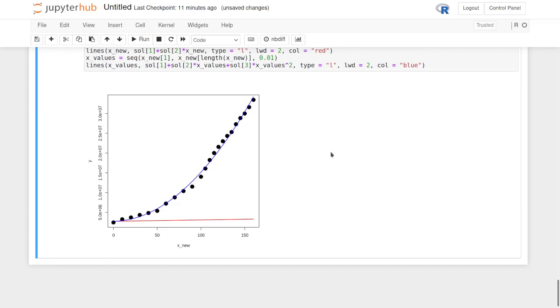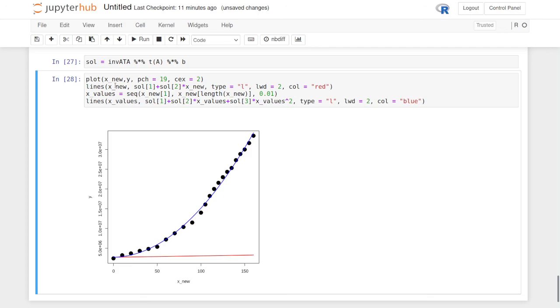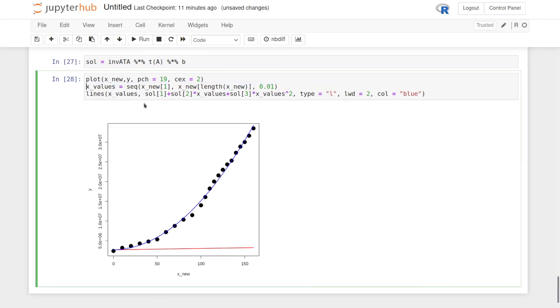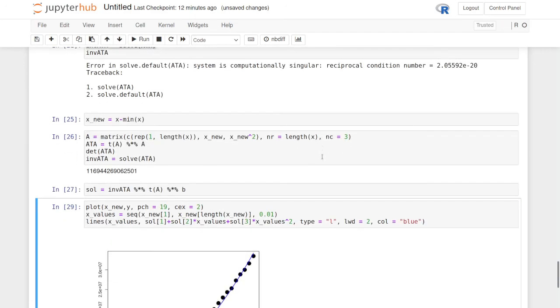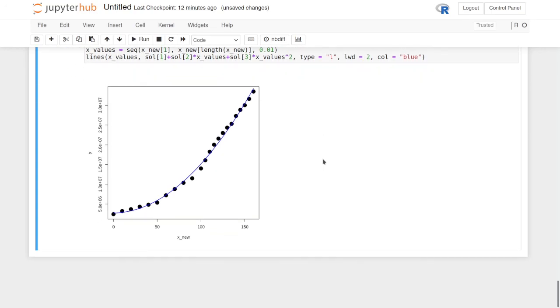Okay, so the red one doesn't work because of this shift that I did. So that makes sense. Let's forget about that one for now. I will actually let you fix it in the assignment. It's quite simple. Think about the fact that you've shifted things, and so we're plotting between 0 and 160, whereas before we were plotting between 1850 and 2010. But I'll let you work this out for the assignment. Actually, it's better if I leave some things to do. And you see, the fit is quite nice. Okay, and I will stop